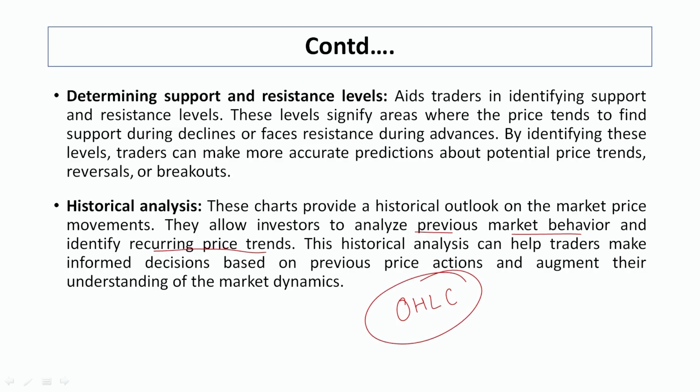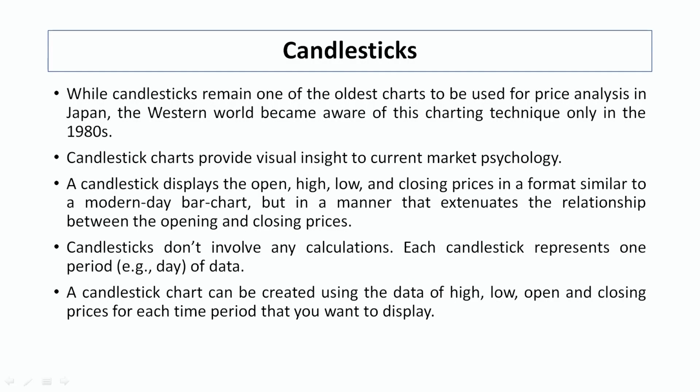So on the basis of this, we can have a complete overview of a stock, and if we have a complete overview, then we can predict the future quite accurately. In the case of a line chart, we are just using the closing prices, so future prediction may be faulty at certain times, but in the case of a bar chart, it becomes much more clear. Now coming to the next one, that is candlestick.